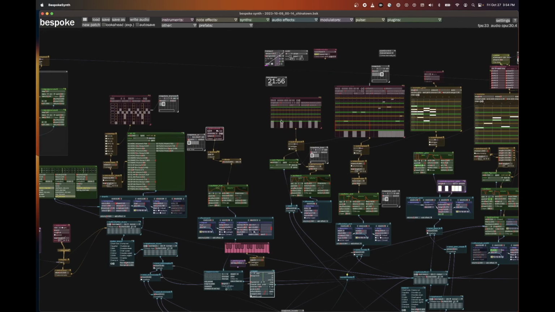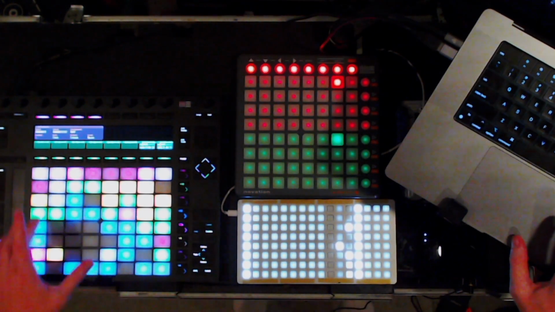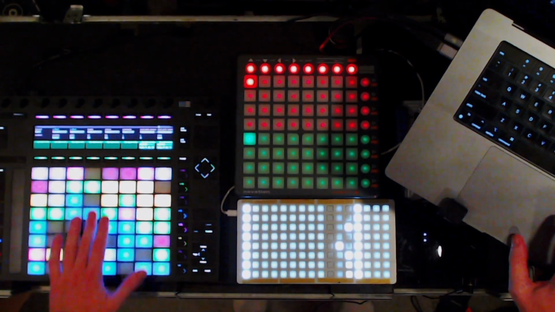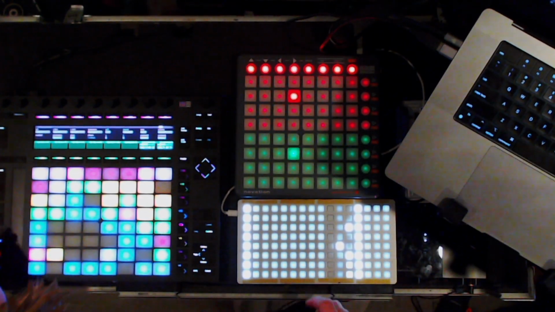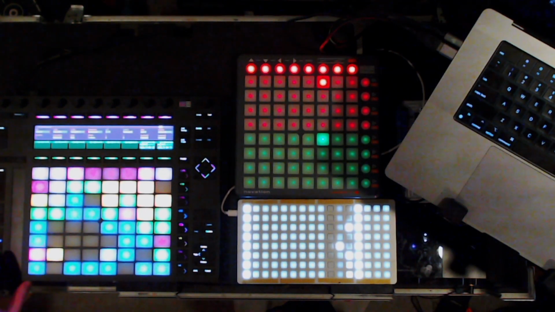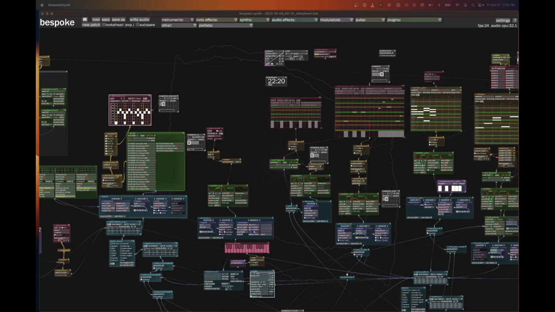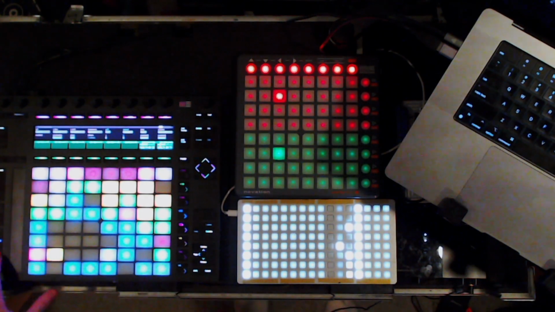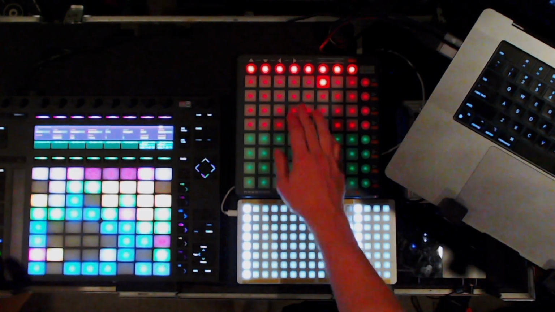So then if I go back here, you can see those columns right here. This is the drums column, and the lead, the bass that you saw in the patch there. If I go to the drums here and I enable them, then you have it running there. You can see over in Bespoke that I've got it going there, and we've got the drums going, and then I've got my